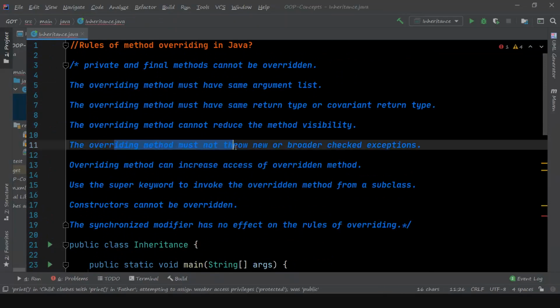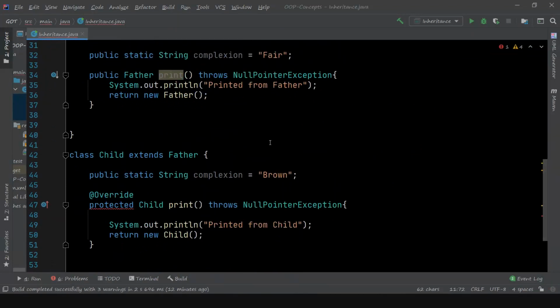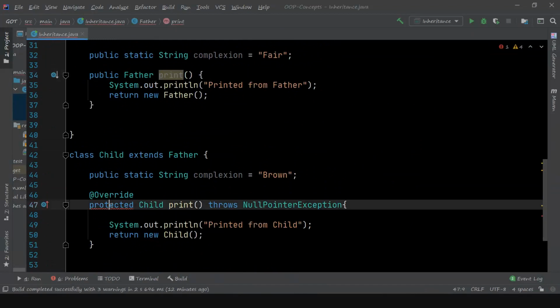The overriding method must not throw a new or broader checked exception. Let's see. Suppose it does not have an exception thrown. Now it shows an error. Let's change it to public.